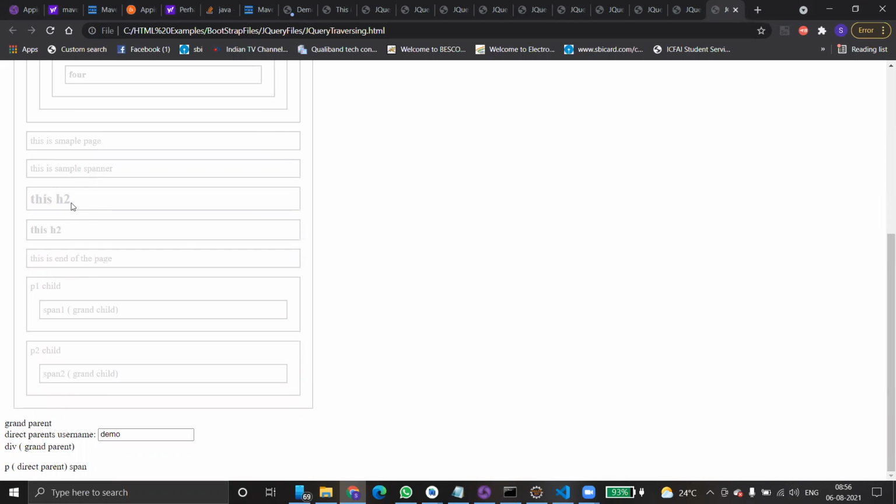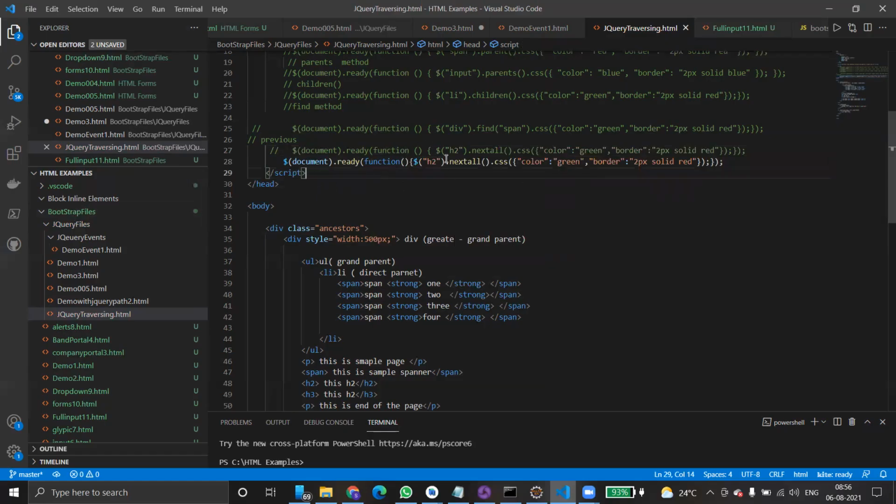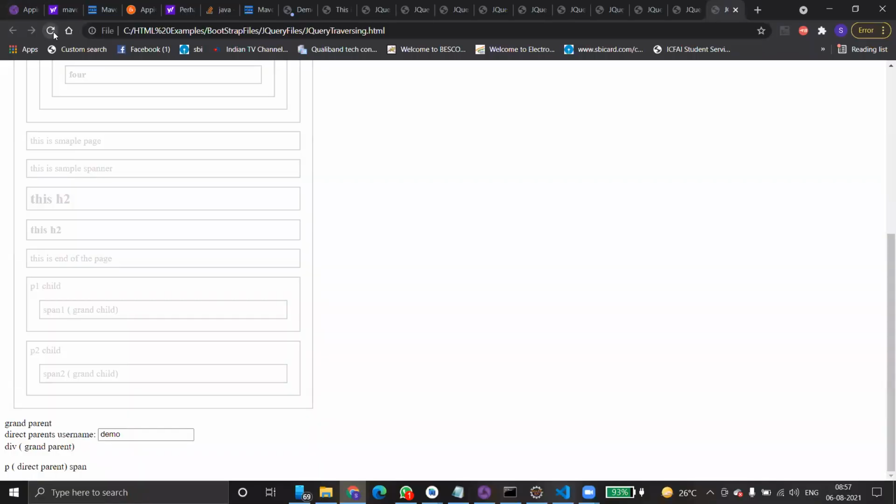Why is it not changing? Any guess? Document.ready function, h2.nextAll of CSS color green solid. But that doesn't make any difference.